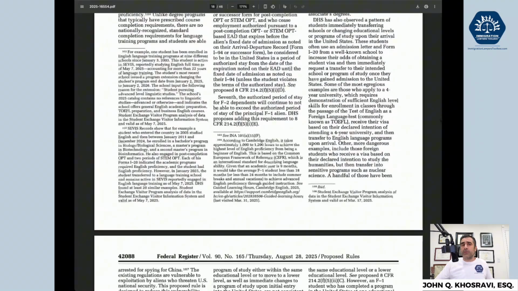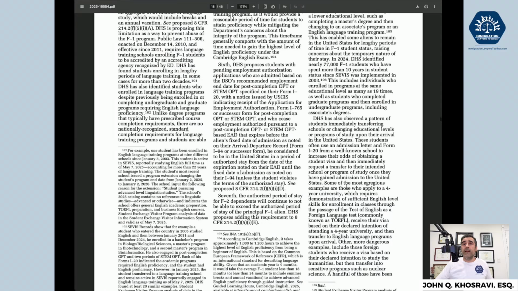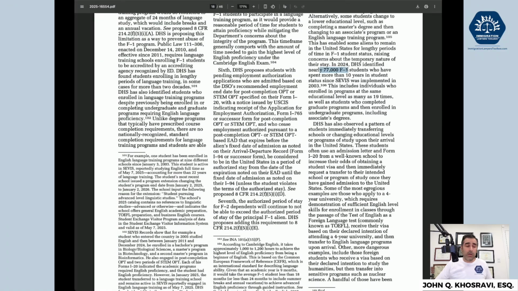Now, then the footnote, they say it's based on a Student and Exchange Visitor Program analysis of data in the Student and Exchange Visitor Information System and valid as of March 17, 2025. I don't know if we have access to that system. Probably needs an audit, a FOIA, or something like that to see how they came up with that number, who these are. We had the situation a couple of months back where they just canceled a bunch of student visas, H-1B, all this kind of stuff for people who may have had a run-in with the police, even benign stuff, mistakes and stuff. All these visas were voided, and there's lawsuits happening on that. They have to pull that back.